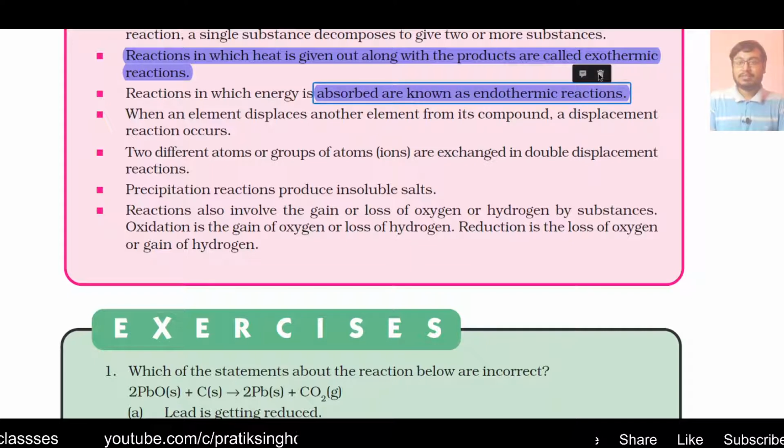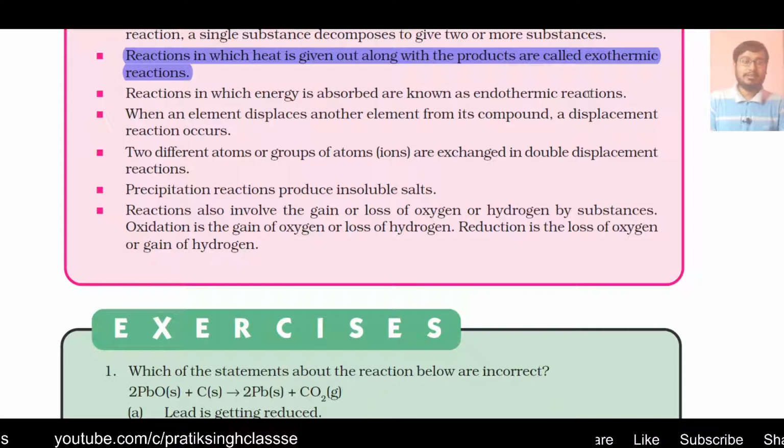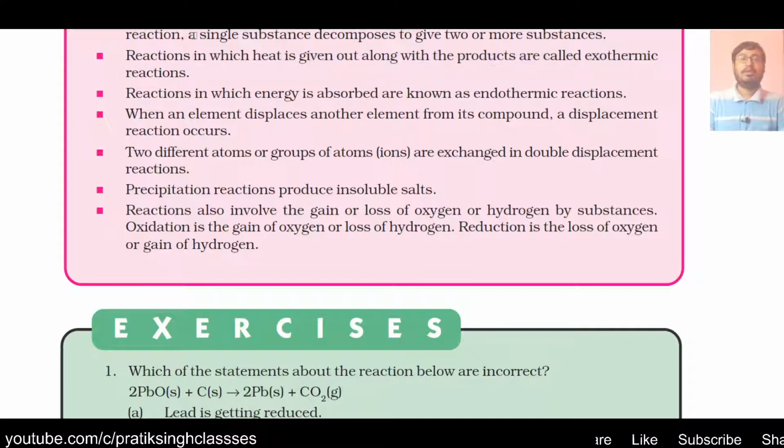When you touch the vessel in which the reaction is happening, like a test tube or beaker, and if you feel it hot, you can say that it is an example of an exothermic chemical reaction. But in which situation can you say that heat is absorbed? If the product becomes cooler than the reactants, the temperature of the product is lesser than that of the reactants, then it is an example of an endothermic reaction, in which heat is absorbed, not evolved.